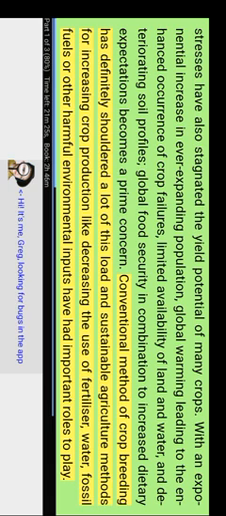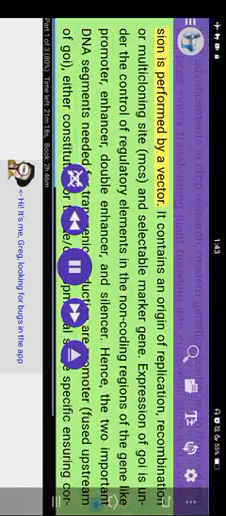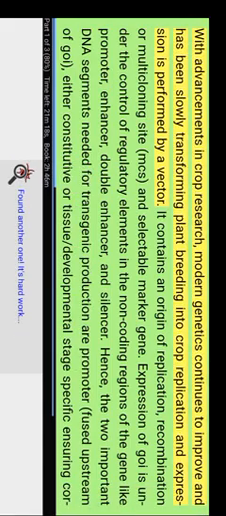Conventional methods of crop breeding have definitely shouldered a lot of this load, and sustainable agriculture methods for increasing crop production, like decreasing the use of fertilizer, water, fossil fuels, or other harmful environmental inputs, have had important roles to play. With advancements in crop research, modern genetics continues to improve and has been slowly transforming plant breeding into crop